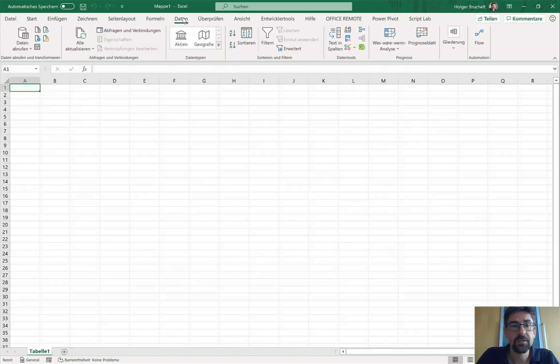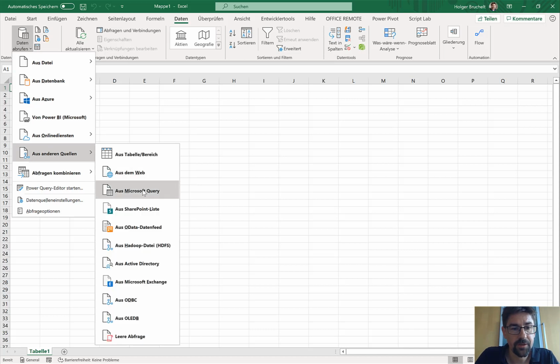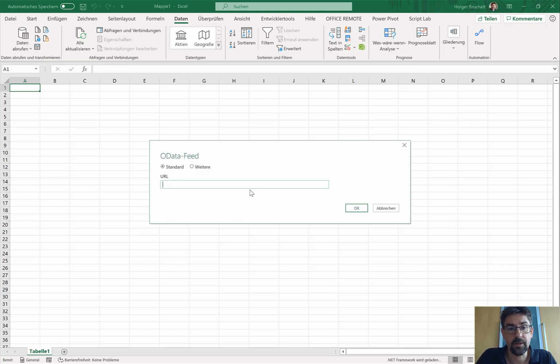In Excel, I can go to Data and connect from a different data source. I select OData. This connectivity is pre-built because OData has a certain structure, a certain metadata definition, which Excel can read and interpret. So if I add this URL to my OData feed on the SAP side and click OK, Excel connects to this OData feed and retrieves the relevant properties information and the list of products.